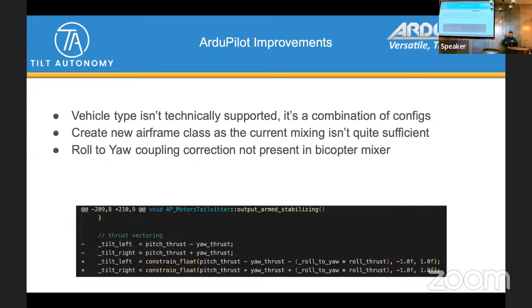But that same effect would apply in, say, a pure tricopter. So it'd be nice to have that sort of universally applied elsewhere in the control laws. It doesn't necessarily have to be vehicle specific. There could be other uses or other vehicle types that would take that kind of coupling.